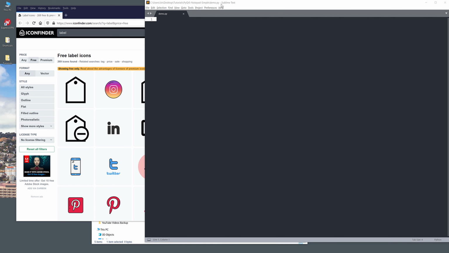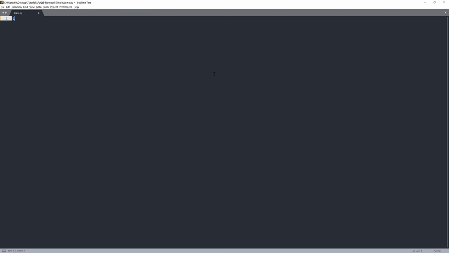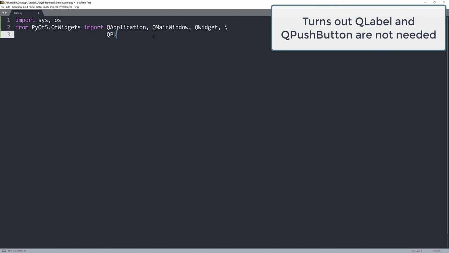Now let's get started. The first thing I want to do is import the libraries. So I'm going to import the sys library and the os library. Let me make the fonts a little bit bigger. And from the QtWidgets module, I want to import the QApplication class, QMainWindow, QWidget, and a QPushButton, QLabel,